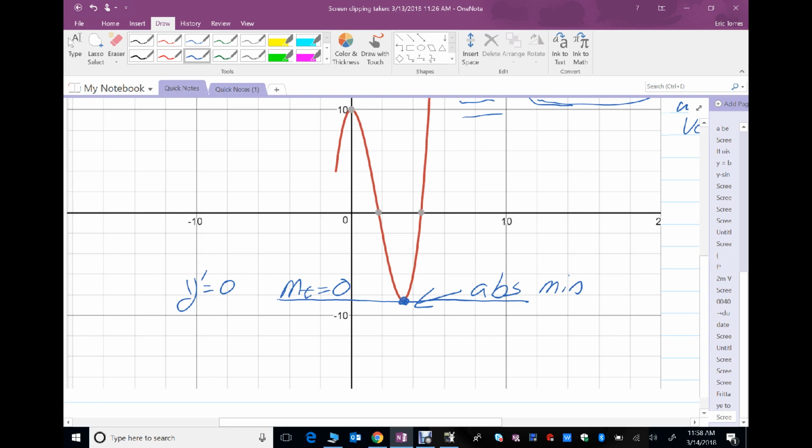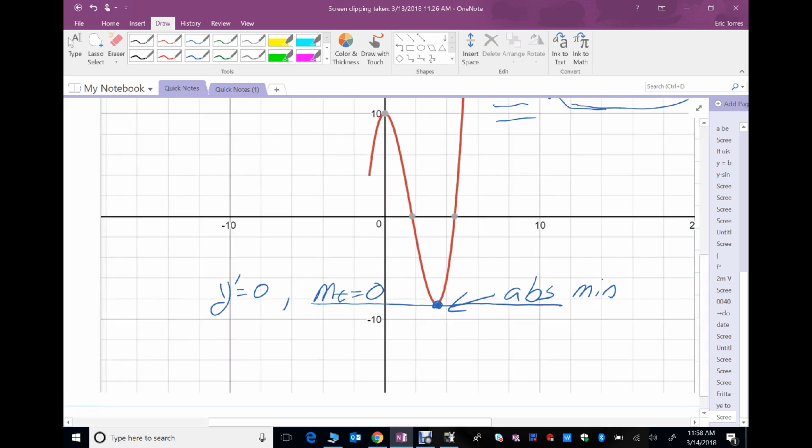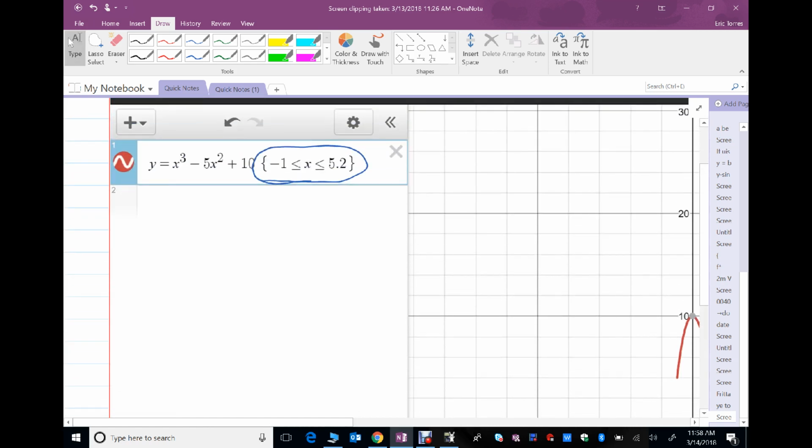So the absolute minimum, this is what I know. So again, we did the exact same one in the last video, but I'll go ahead and redo it. I'll take my derivative,